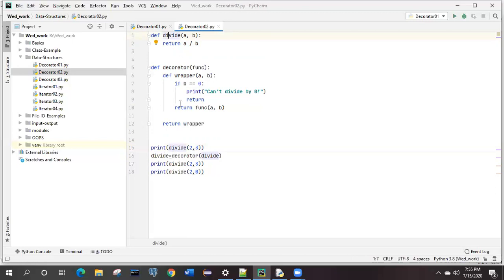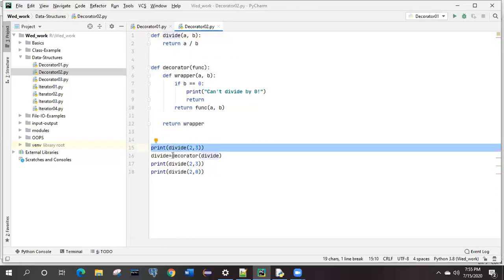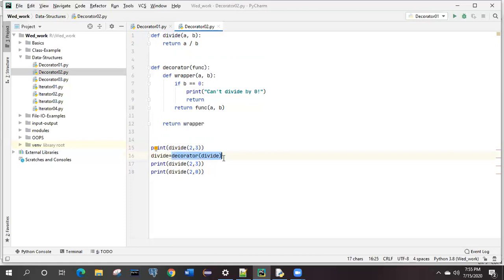Now this divide function we will pass inside the decorator. It means we need to define one decorator function, and in that function we have to pass the divide function as the argument, correct?